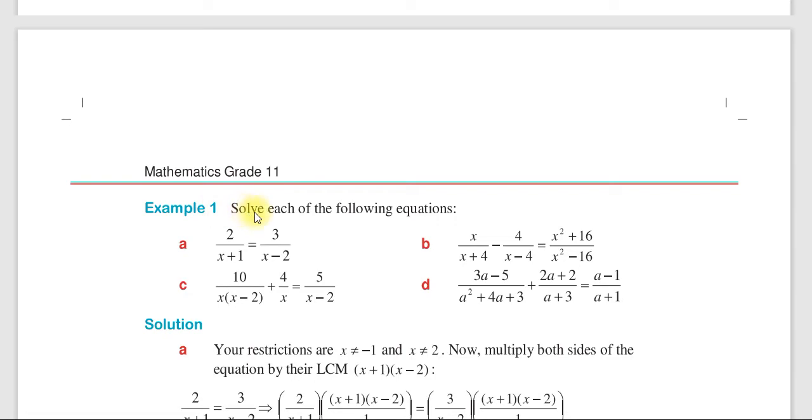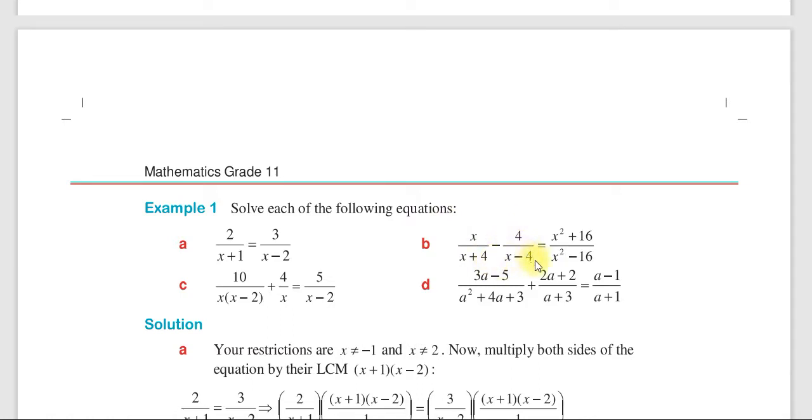So let us see an example. Example 1. Solve each of the following equations. a) 2 over x plus 1 which is equal to 3 over x minus 2. እንግዲህ በዚህ አይነት ፎርም ከተሰጠን ነው rational equation የምንለው። ሁለት ራሽናሎች ናቸው የሚታዩ። ለምሳሌ 2 over x plus 1 is a rational expression and 3 over x minus 2 is a rational expression. ስለዚህ ሁለት rational expressionዎች በኢኳል ሳይን ከተያያዙ ምን እንለዋለን? rational equation እንለዋለን ማለት ነው።